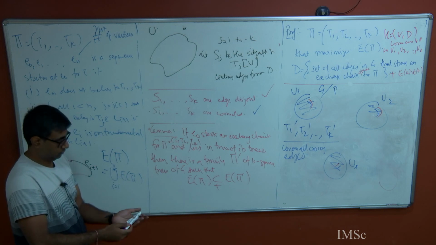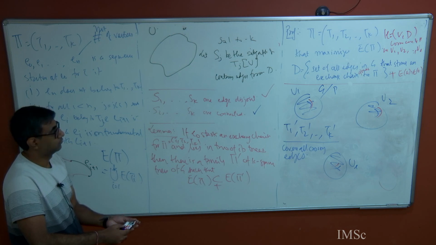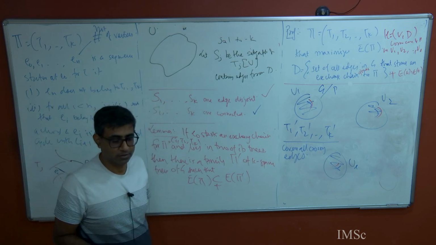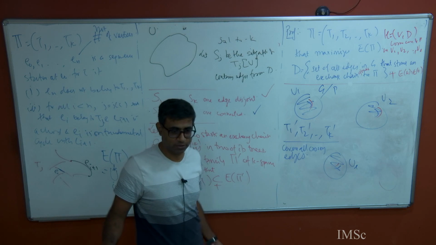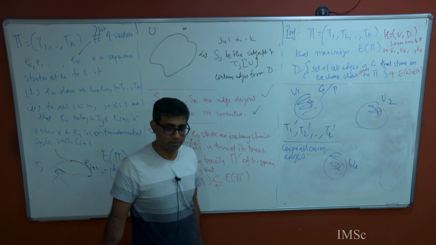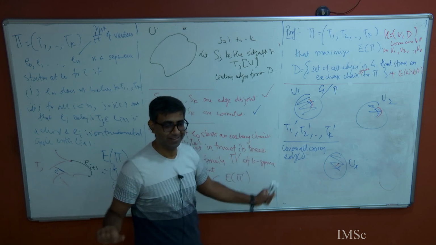Doesn't this assume that there are k spanning trees in G? If G, let's say, doesn't have k spanning trees, there is no partition, right? Yeah, but then we would probably take the trivial one.